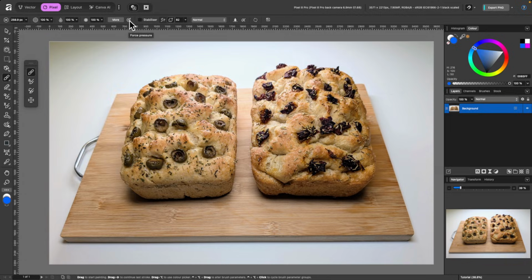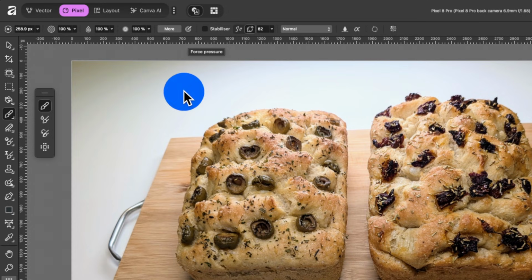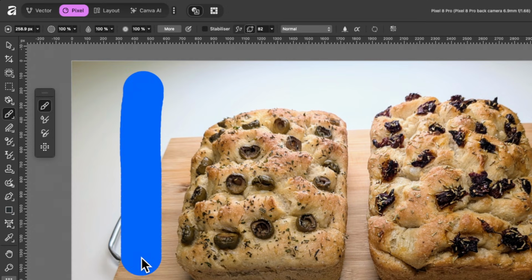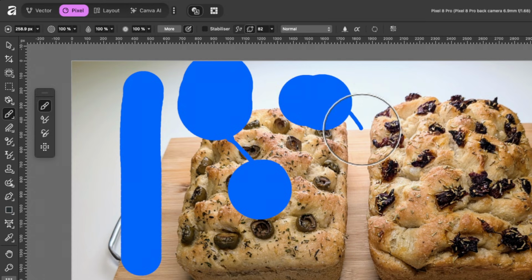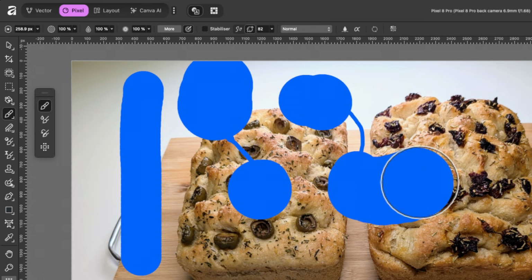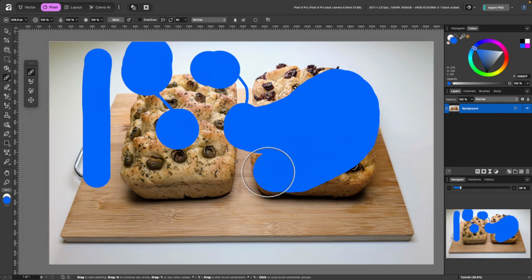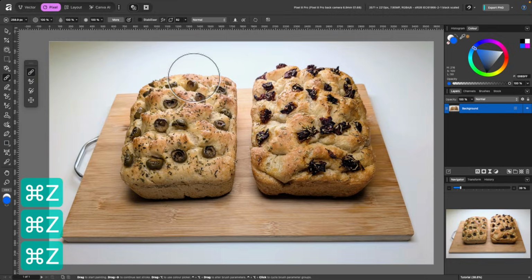And you also have this option here called Force Pressure. When I paint now, it's all the same thickness, isn't it? So I can click on Force Pressure. I'm just using a trackpad on my Mac at the moment, but this can be more useful when you have a graphics tablet and more control. If I click and drag lightly, let me try that again. It's pretty hard on the trackpad, so I'll click lightly, and as I'm dragging, you see it's very light, and if I click in on the trackpad, it adds more pressure and makes it thicker. So that's what that does. I'll press Command Z a couple of times and uncheck that.